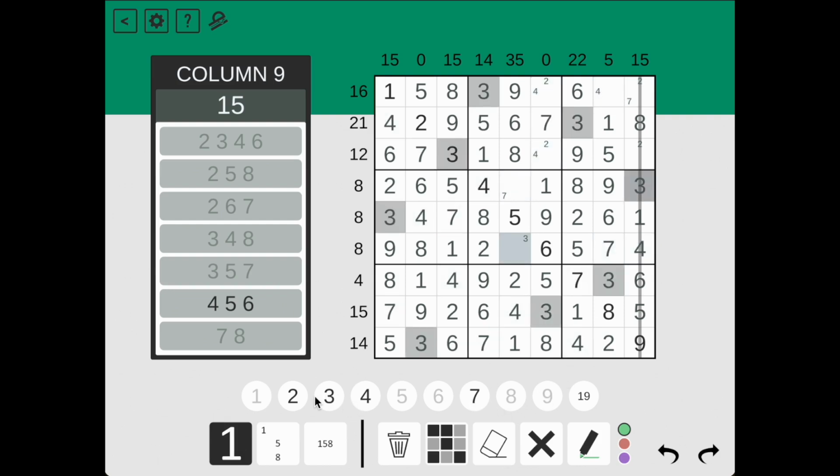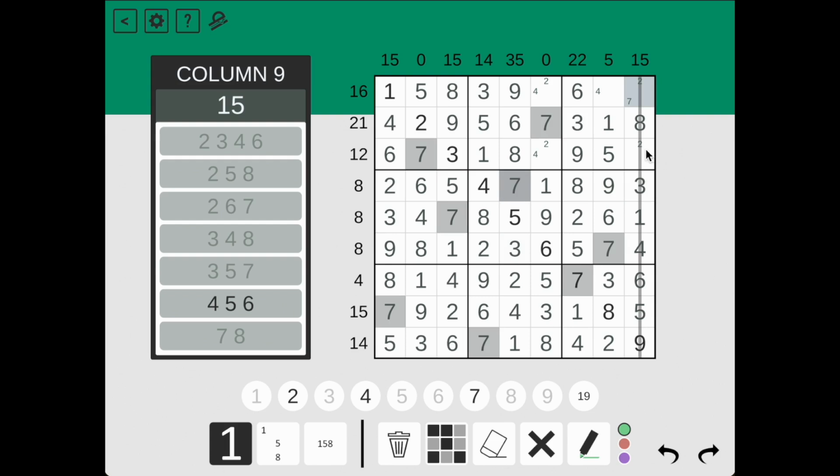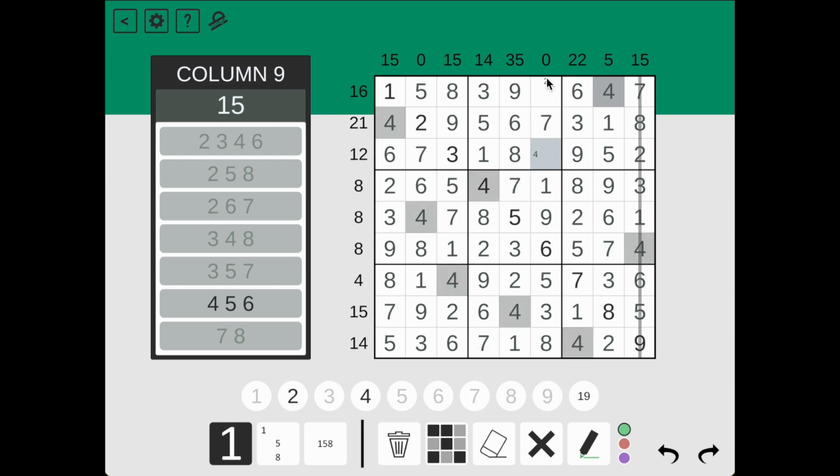Narrows this down to 3, narrows this down to 3, narrows this down to 7, narrows this down to 2, narrows this down to 7, narrows this down to 4, narrows this down to 2, narrows this down to